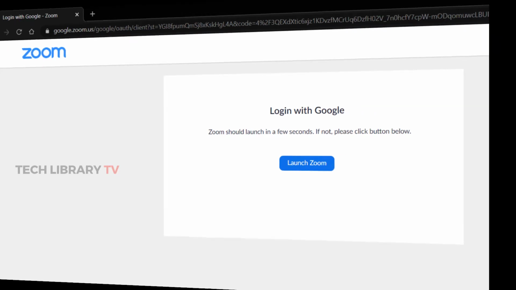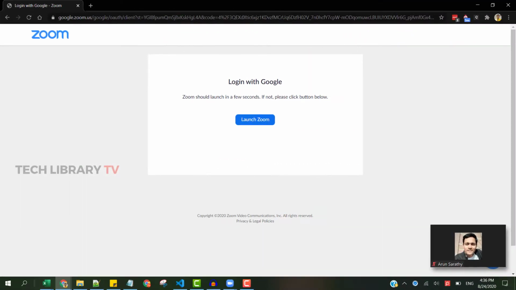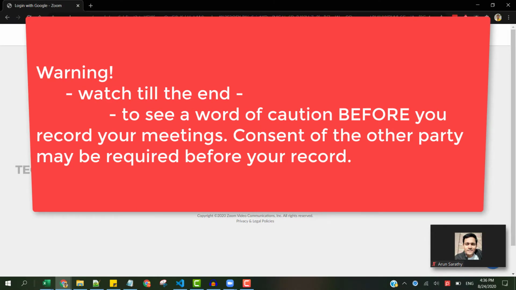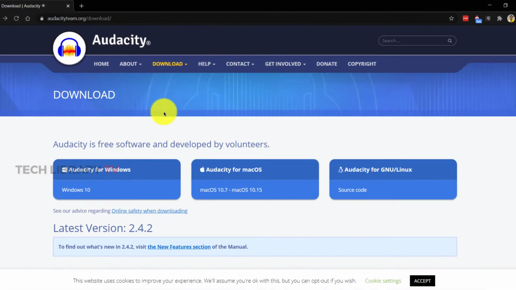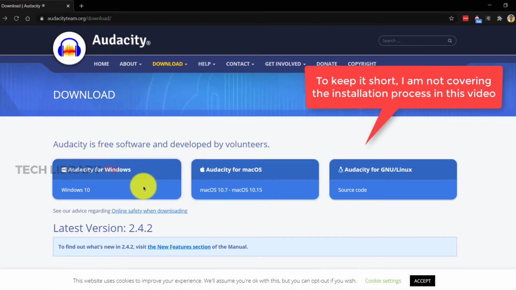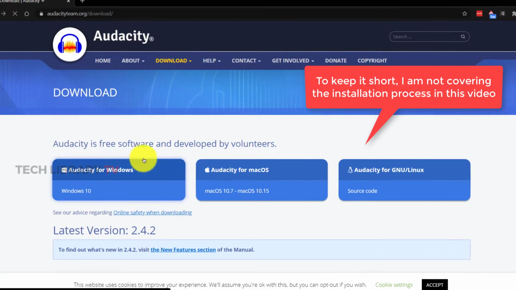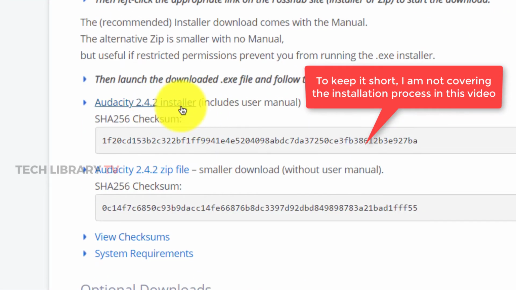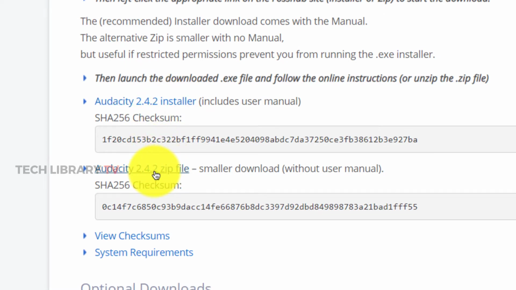Let's get started. What we are going to see now is a simple recording of audio coming out of your speakers using a software called Audacity. And we are going to make use of that technique to record official calls and meetings. Let's see how this works. First, get Audacity installed. It's pretty straightforward. If you're not sure how to install Audacity for Windows or Mac, please seek Google's or YouTube's help in finding a related post or video to get that done.